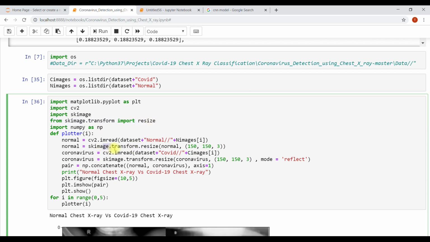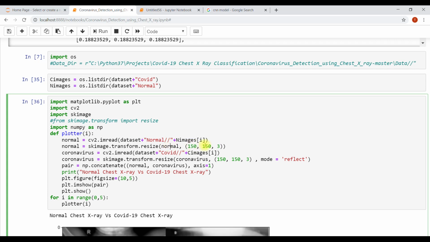Because we are using skimage and it does not have resize like this, so we are importing it like this. Even though we don't need to import it, we can directly do this. Sorry about that.